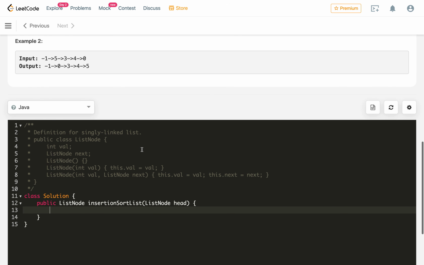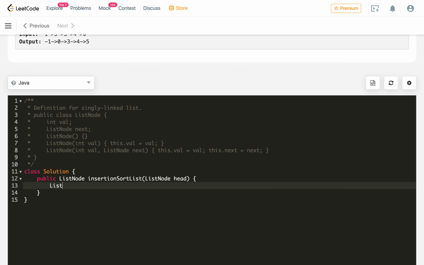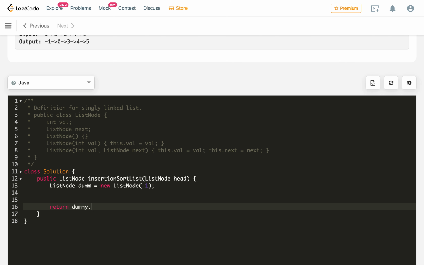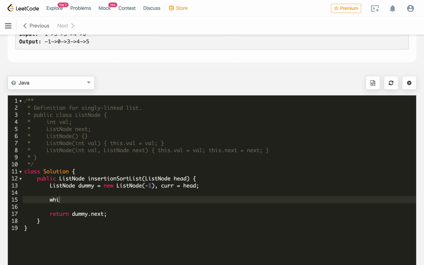So let's implement the code. So first we will take a dummy node, initialized with some dummy value, let's say -1, and in the end we just need to return dummy dot next. So this will be the dummy. Now we will initialize another pointer, current node, from the head of the list. Now we will run this until we process all the nodes, current not equals to null,